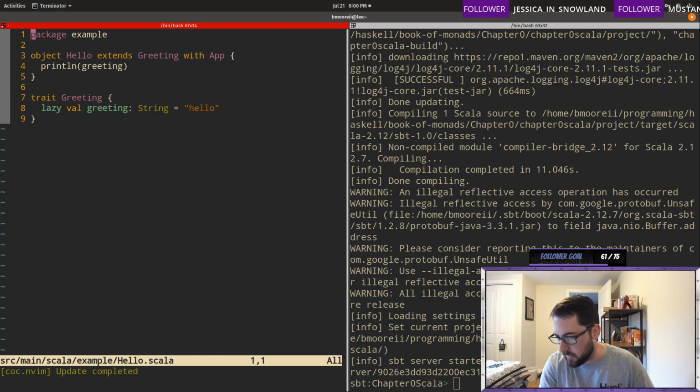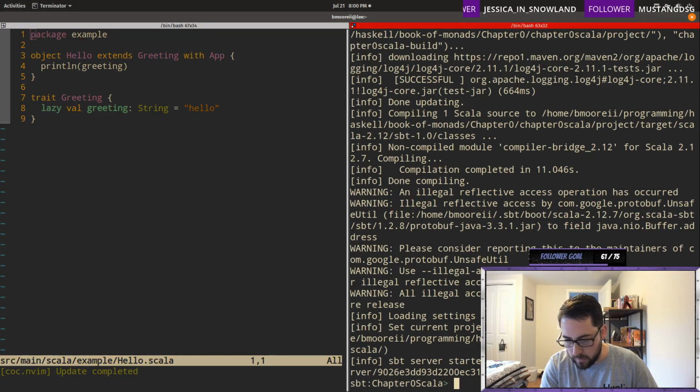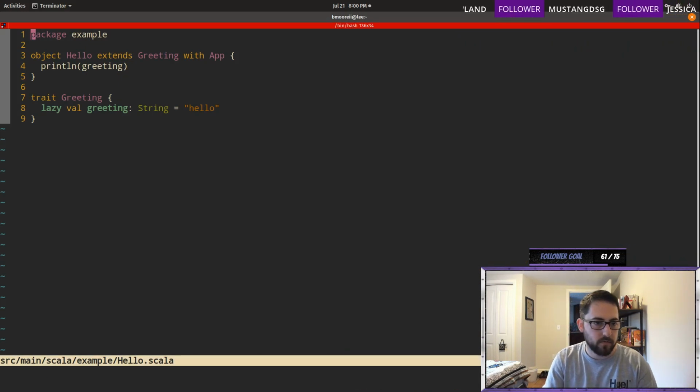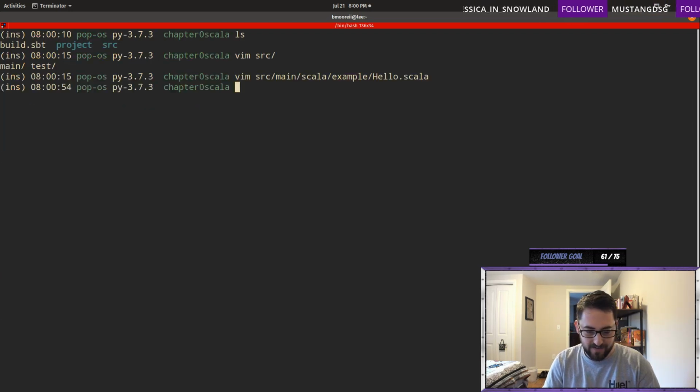Oh, I can just write sbt run. I see. Okay, so I don't really need this. That's fine. We'll just work on it this way. Okay. It seems like a lot of boilerplate for Hello World. Okay, so then we just write sbt run.